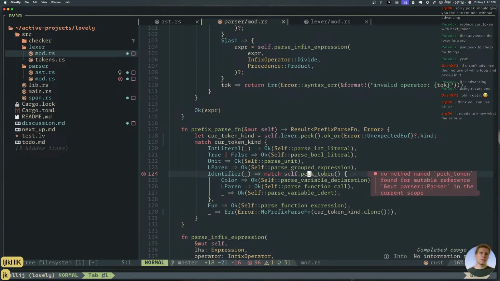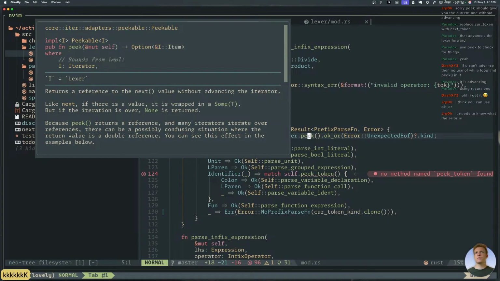Peek token looks at the next one. How do I make something that looks at the next one? Because peek returns a reference to the next value without advancing the iterator.